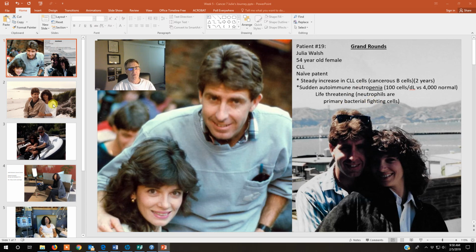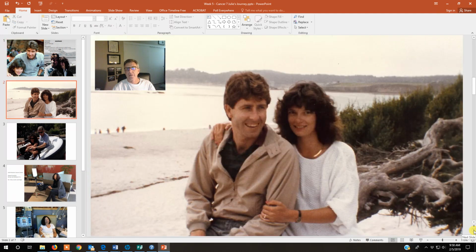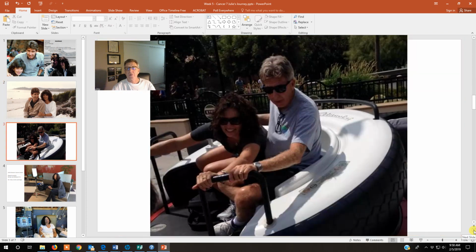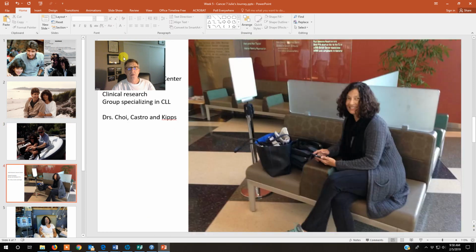Okay? Alrighty. So what else do we have here? Let's see here. What I'm going to do is scroll down here. All right, there. All right. So again, just to put a more human face on the cancers, this is our 5-year wedding anniversary. Okay. This was us really trying to free our spirits in Disneyland. Okay. Not Disneyland, but California Adventure. And this was right before her clinical trial started. Okay. So here she is at her clinical trial.